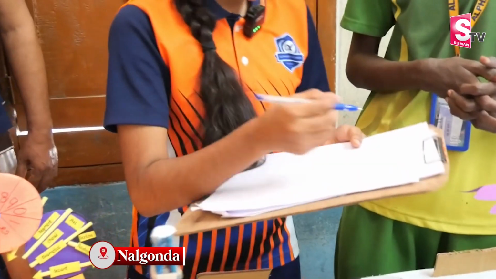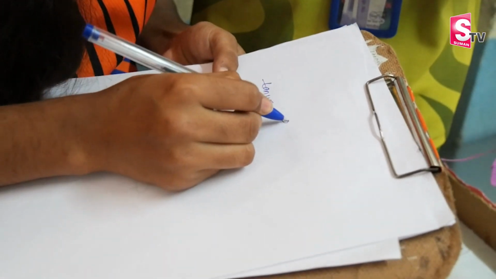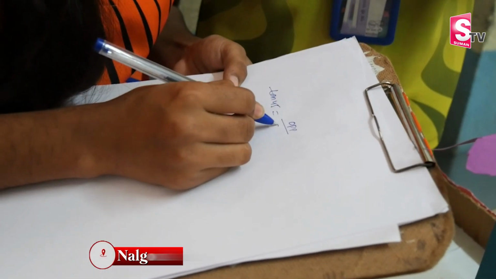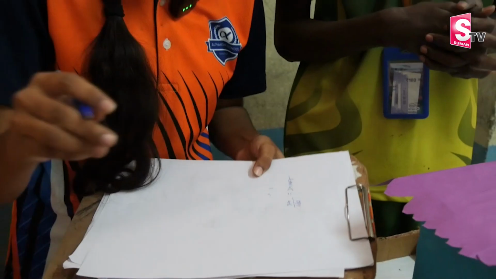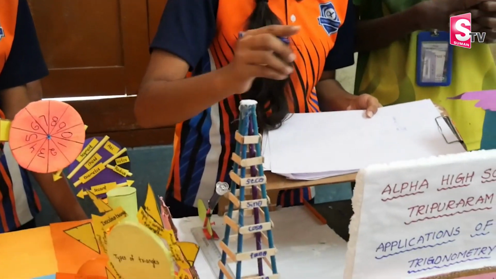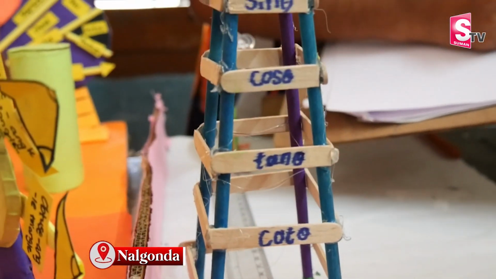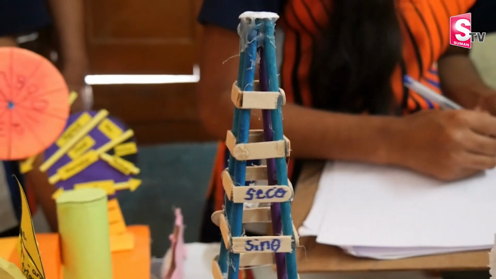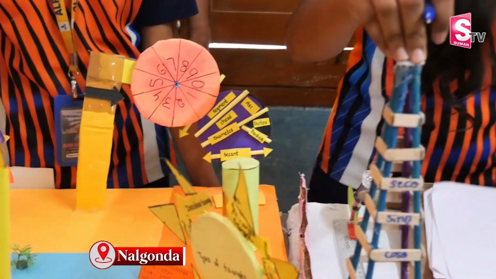Here we are applying tan 45. Tan 45 equals the opposite side to theta divided by the adjacent side to theta. Tan 45 value is 1. Here we don't know the opposite side to theta, let it be x, then the adjacent side to theta equals 30 centimeters. Then the height of the tower equals 30 centimeters. Shankar, I found the height of the tower.